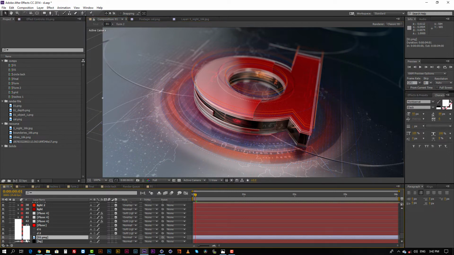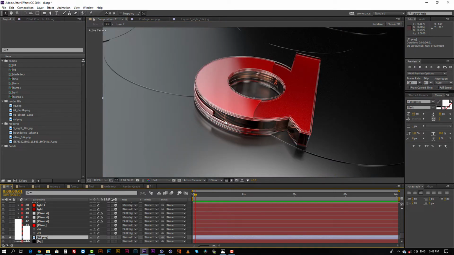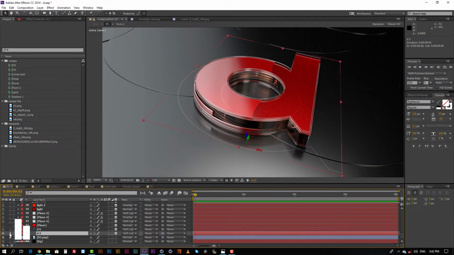Like this is the only image I got from Cinema 4D, and then I started to build my scene one by one and added all the things. See, this is only the text layer,